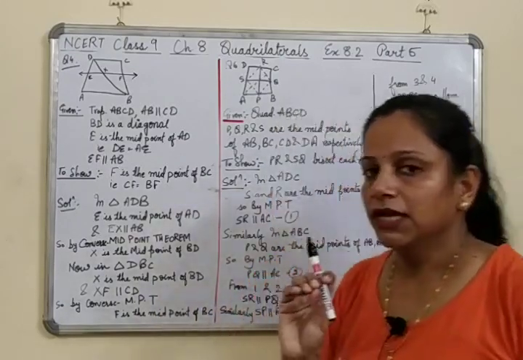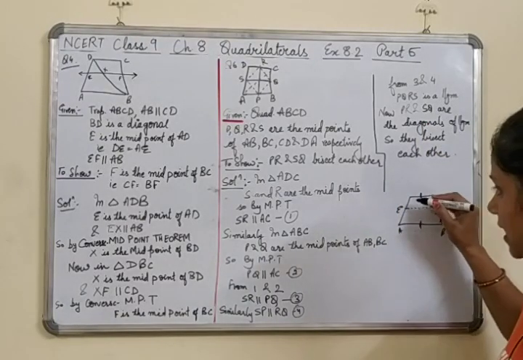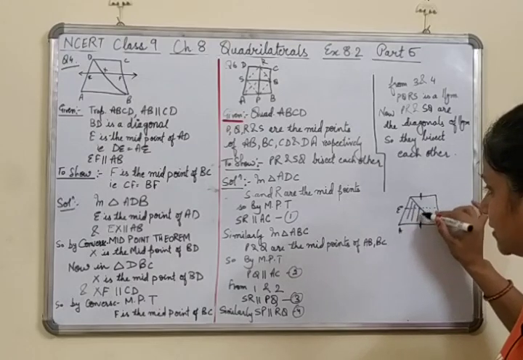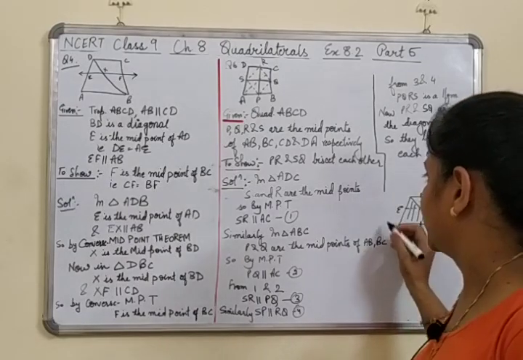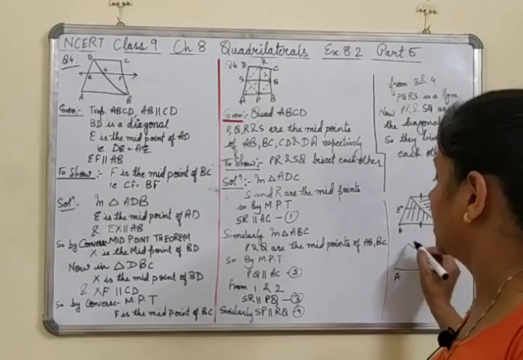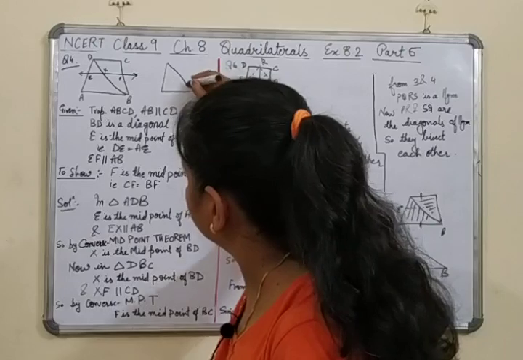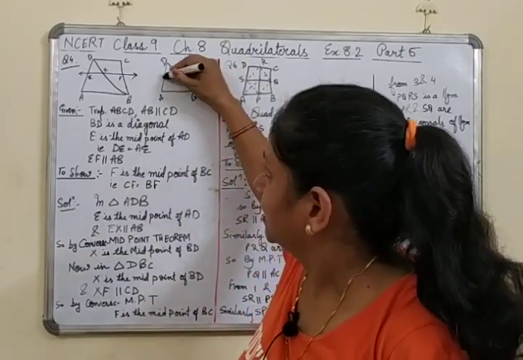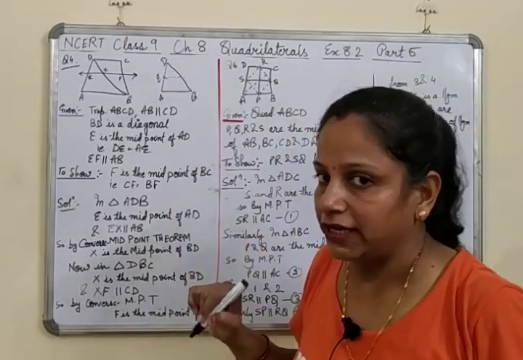Okay. Now you have to understand one thing carefully. See, suppose we are given a trapezium here and this is a diagonal given to us. That means we have two triangles here, one is this and one is this. If we separate these two triangles, if I take only this triangle A, B and D, only this triangle is taken, and E is the midpoint and this line is parallel to AB.